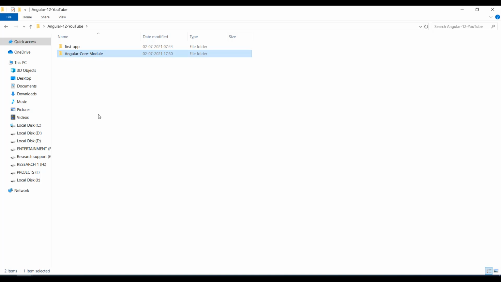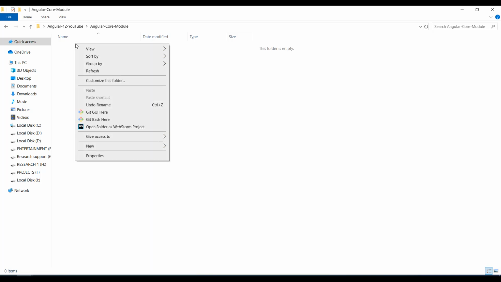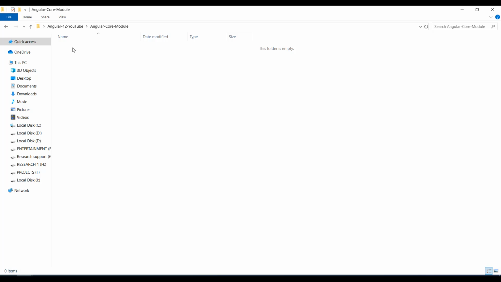For every example I create a folder. For example, the first folder 01 hyphen, just a numbering system, angular hyphen css styles. So angular with css styles, this is my concept.